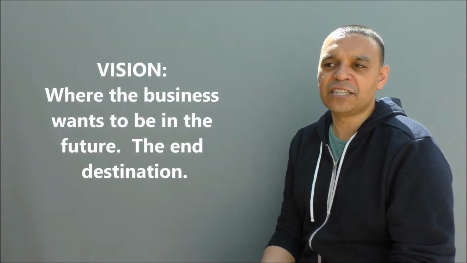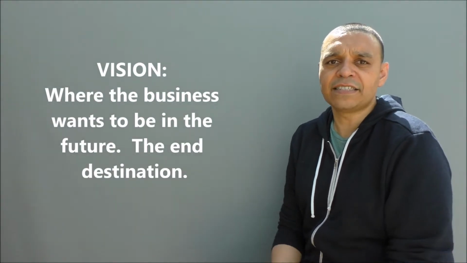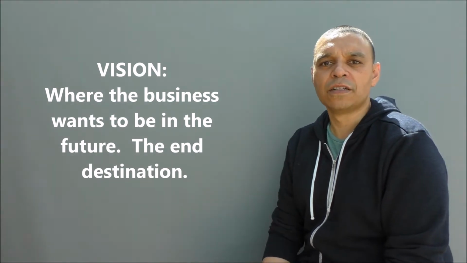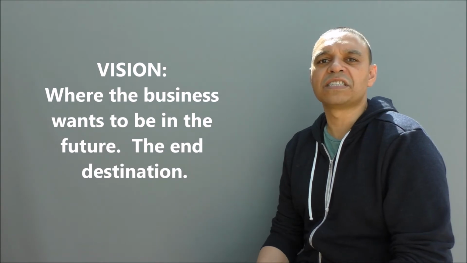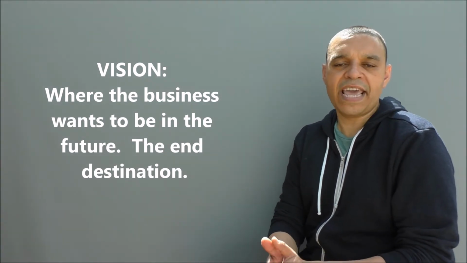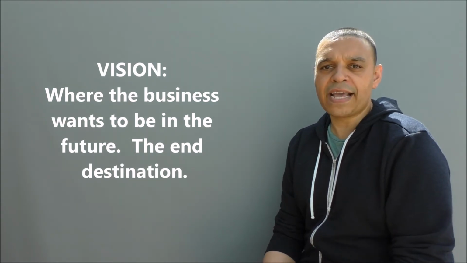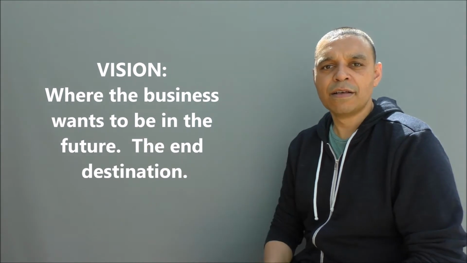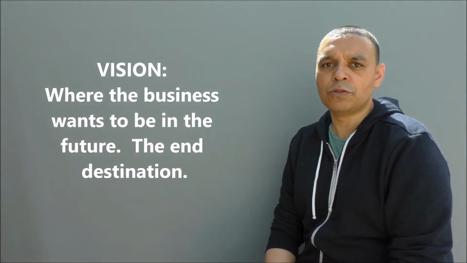So the next thing we'd like to have a look at is vision. And lots of organisations have visions, and for us at least, the vision should detail an optimistic view of the future. It's where that organisation wants to be. So if the mission talks about why we're here and what we're here to do, the vision paints a picture of the future, a point, a destination, say 3 or 5 years down the road.